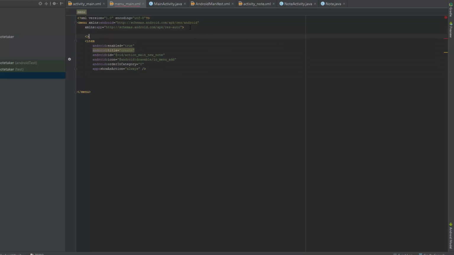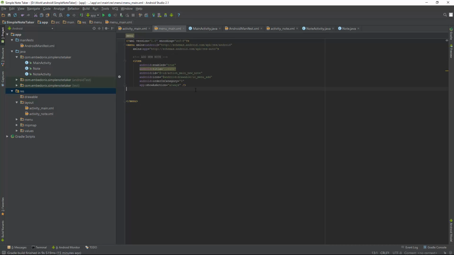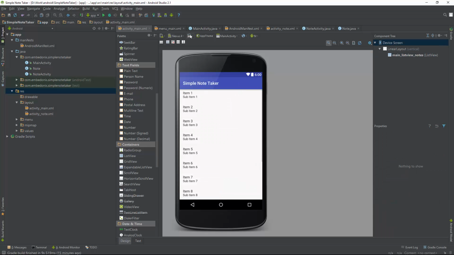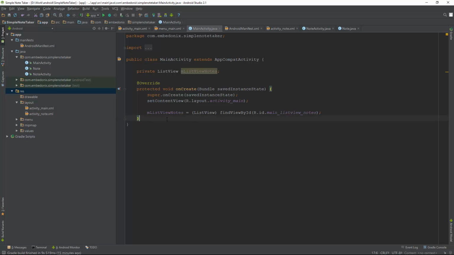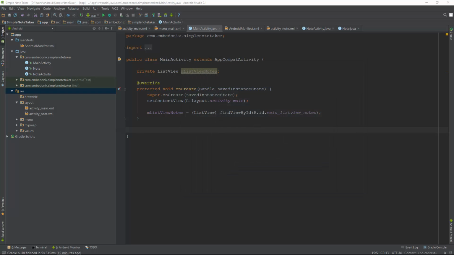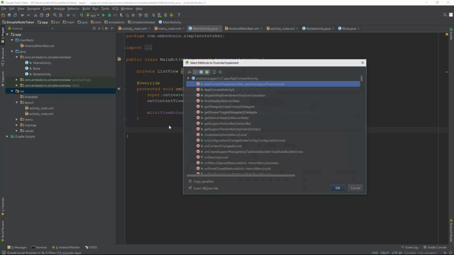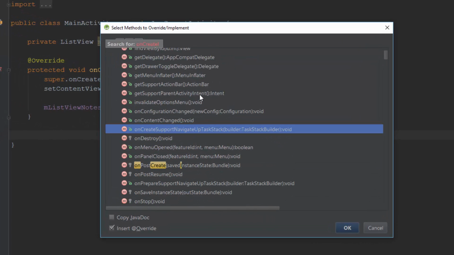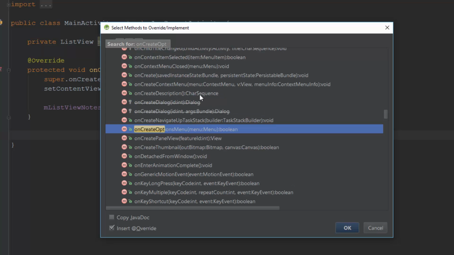Let's make a comment for it. Add new note. So just this will allow us to have a menu for main activity, but you cannot see it here because we haven't called the menu on the main activity. So I'm here in the MainActivity.java, and all I need to do is to override onCreateOptionsMenu. So I'm pressing Ctrl O for overrides, and the function I'm looking for is onCreateOptionsMenu. Okay,